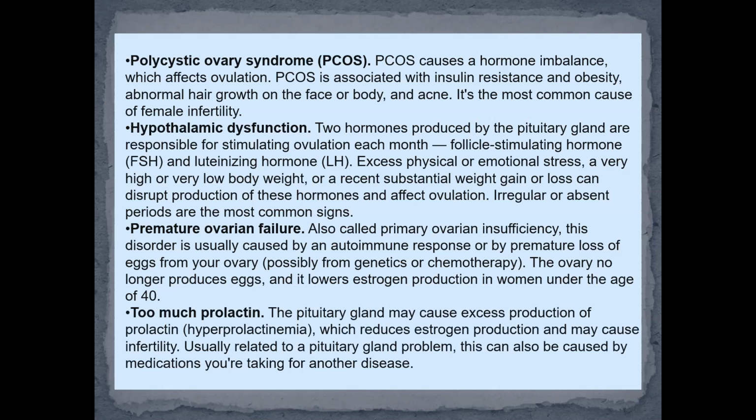40. And excessive production of prolactin: the pituitary gland may cause excess production of prolactin, or hyperprolactinemia, which reduces estrogen production and may cause infertility. Usually related to a pituitary gland problem, this can also be caused by medications taken for another disease, and which disease? Usually these are different types of psychological problems and depression, anxiety, or more severe psychological problems that require